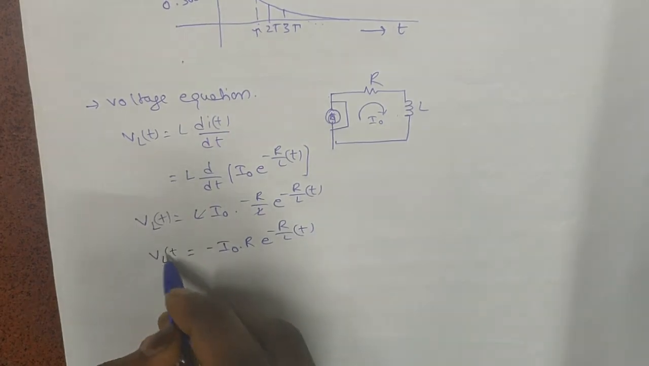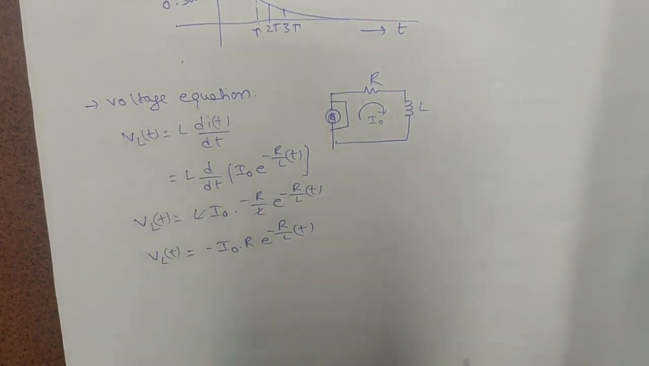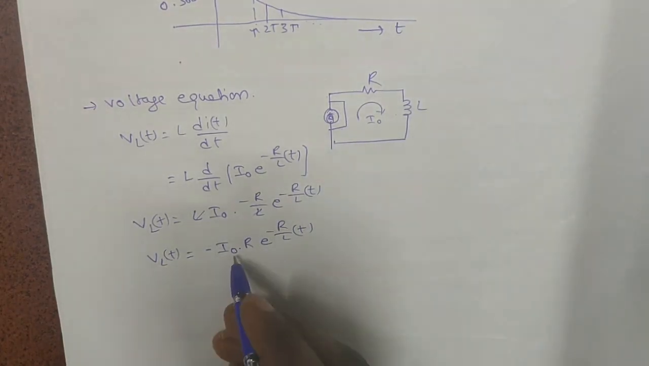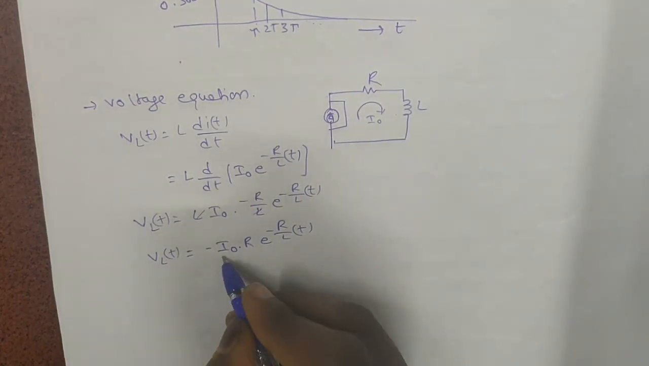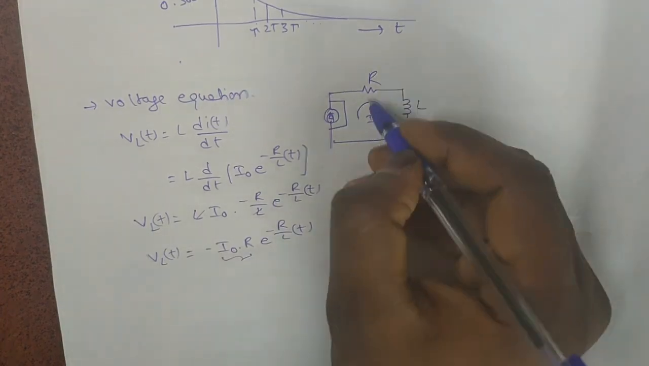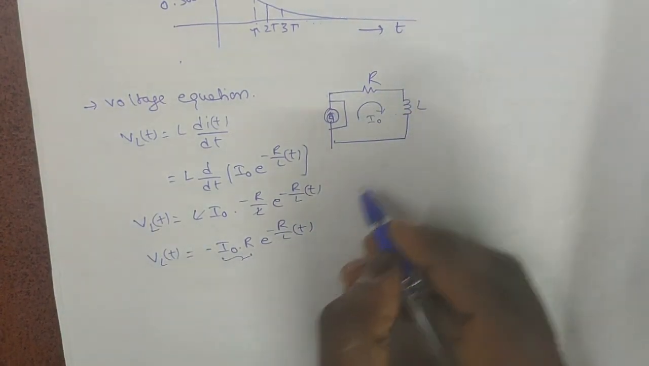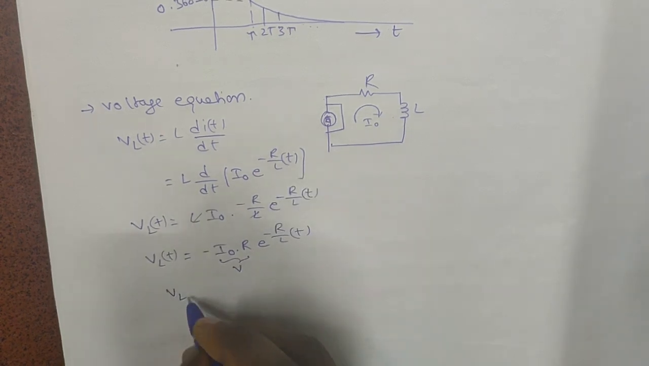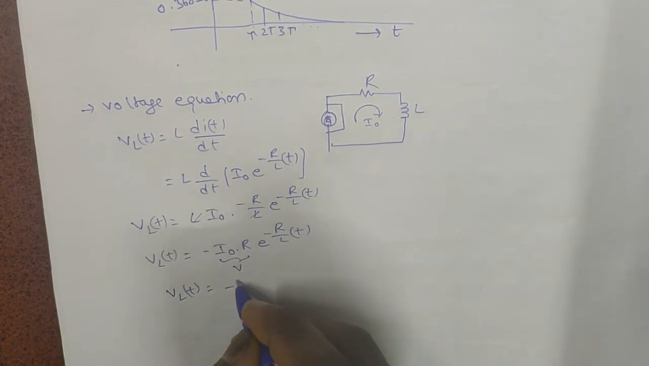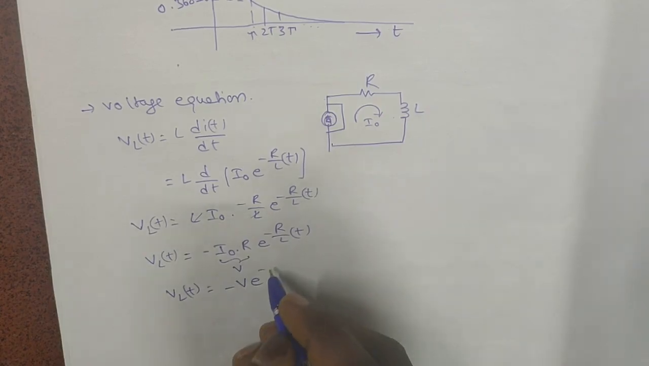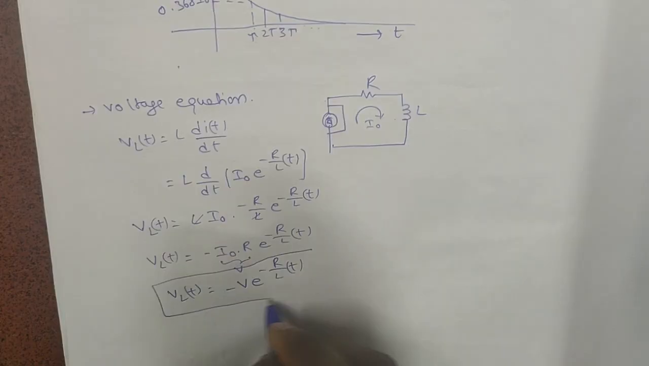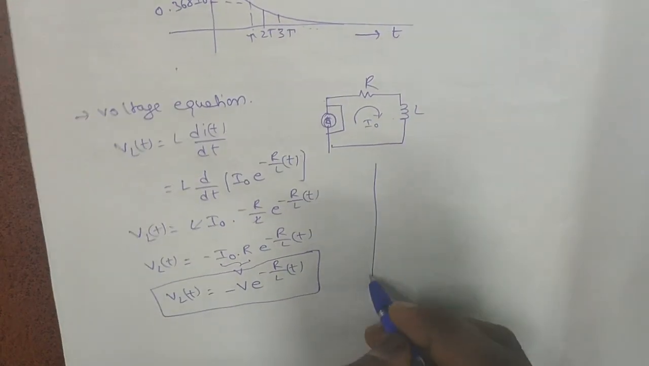So the voltage polarity is negative. It indicates that this is the drop across the resistor. I naught into R is the drop across this resistor. So we can consider this as V. So VL of t is equal to minus V times e power minus R by L of t. This is the equation. The waveform looks like,